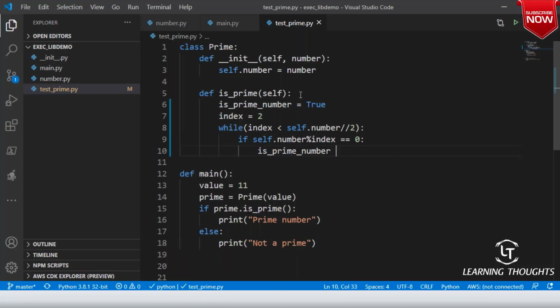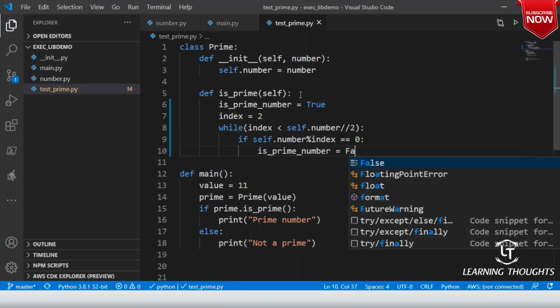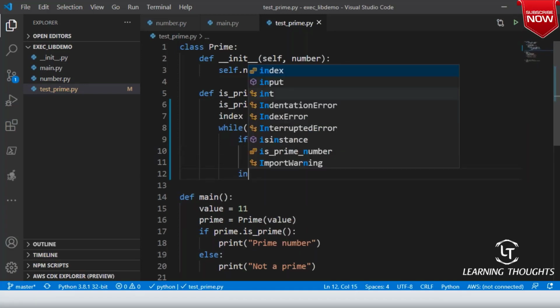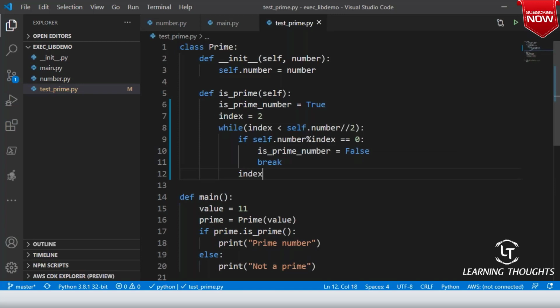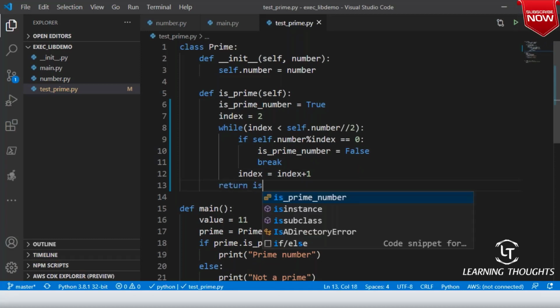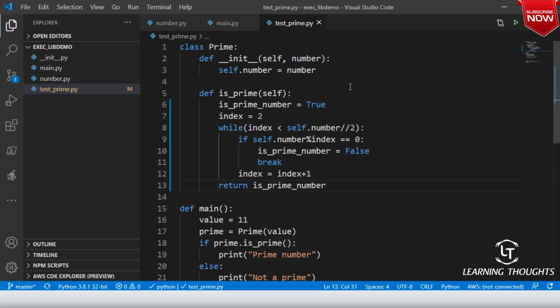So is_prime_number equals false, and then you break. Then you increment your index by saying index equals index plus 1. We have done this logic a lot of times. So return is_prime_number.